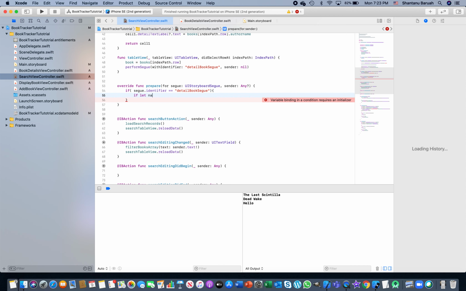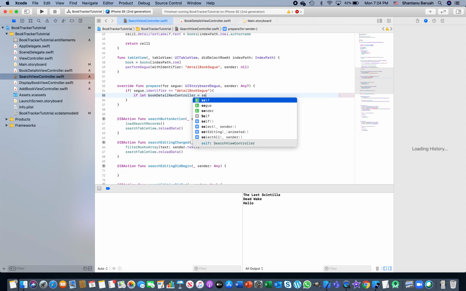Okay, you say let me give any name. This is a navigation controller, so it's a nav controller, or if you want, you can say book detail nav controller. Always the first one small, and this is a name I've given, right? So you say in this variable, let book detail nav controller. How do you get the nav controller? You can actually get the nav controller by